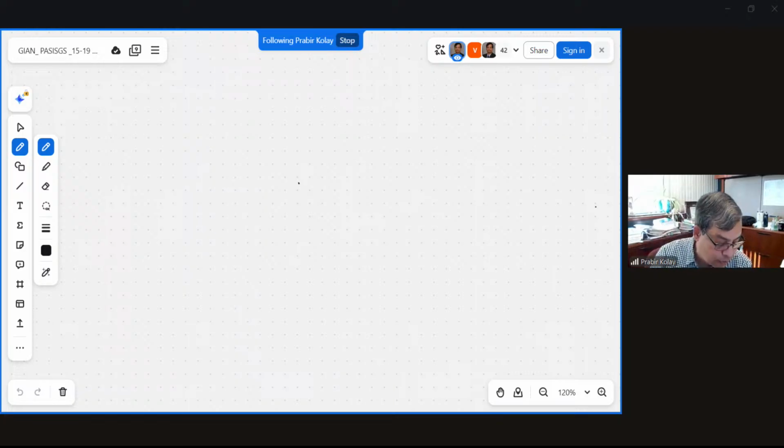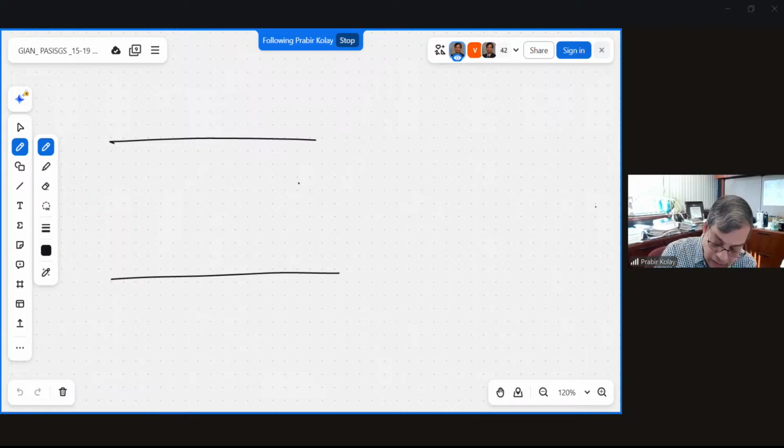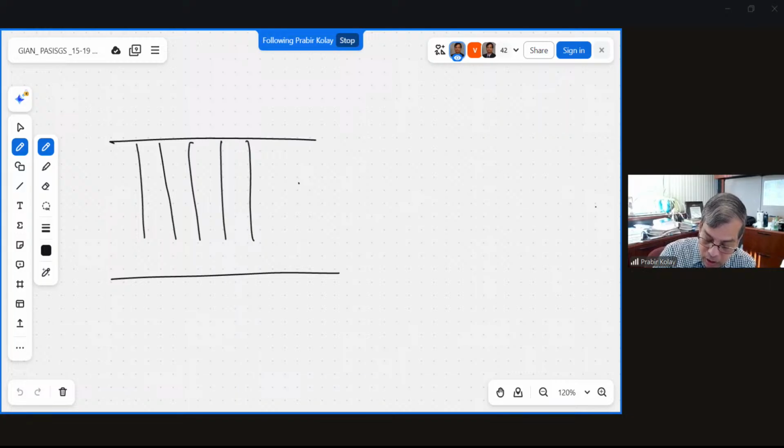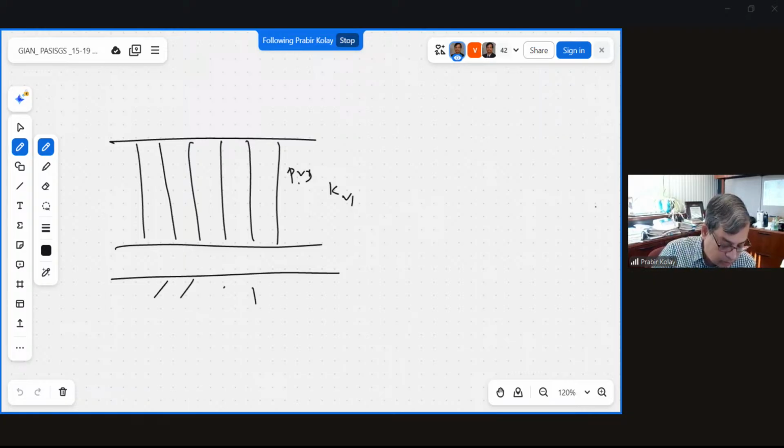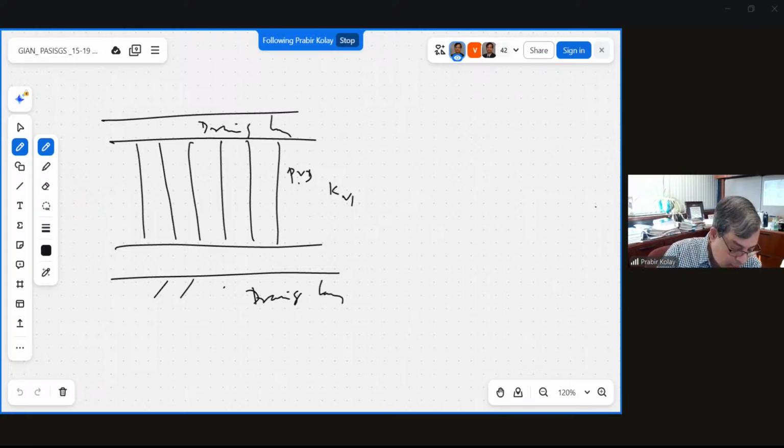So there is a standard equation for that. What I need to do, just for example, we have a PVD up to a depth, the maximum penetration depth. Okay. So over here, just for example, this is PVD, and the value of this is KV1. So this portion is the drainage layer again. This is the drainage layer, and the top also there is a drainage layer, correct? Drainage layer on both sides, and then we need to find out